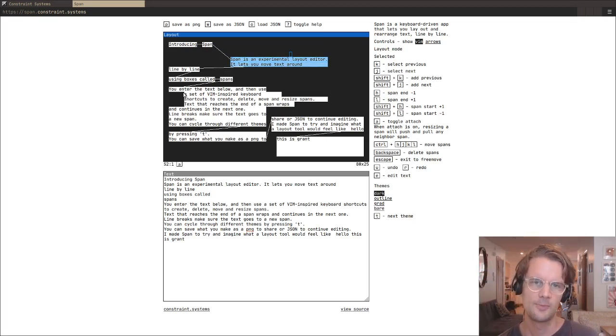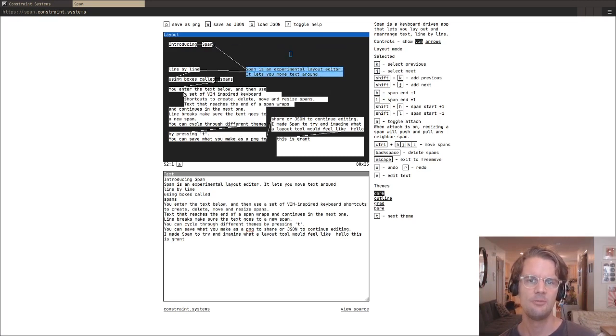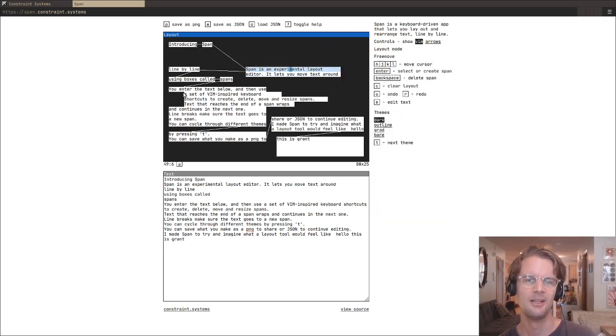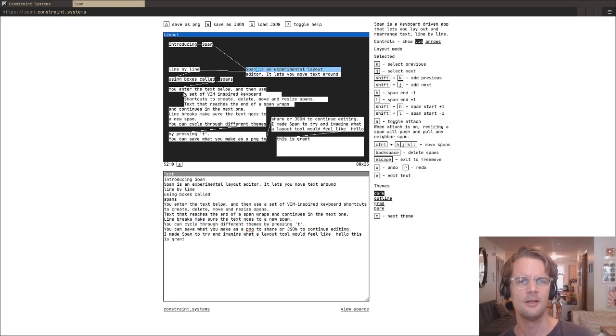I had to find the right size, which turns out to be 13.333. That gets you an 8 pixel wide character, and then putting that line height of 16, you get stuff that fits in. And once you have stuff that fits in, it just opens up a lot of possibilities